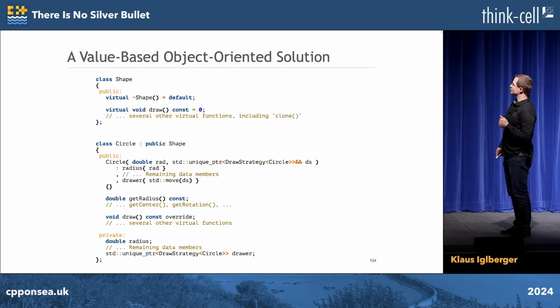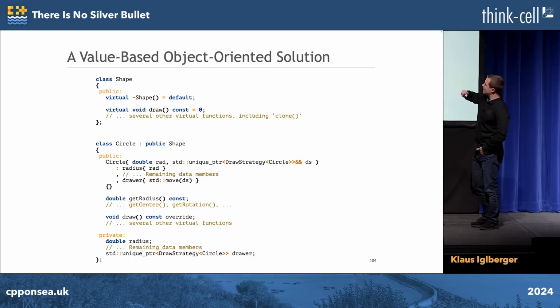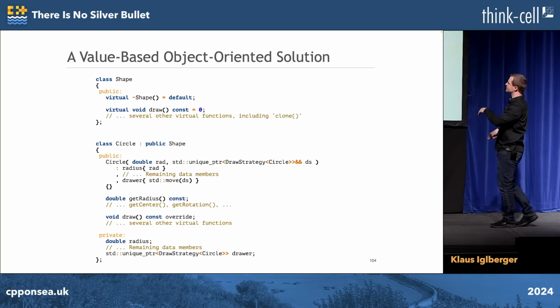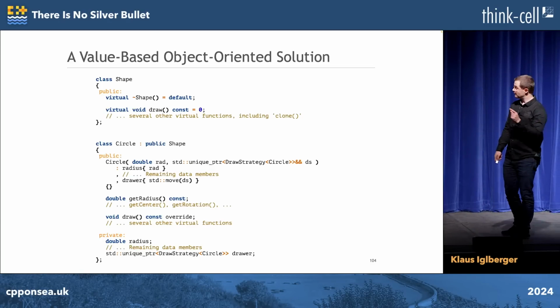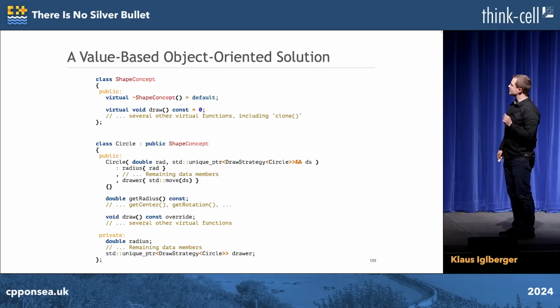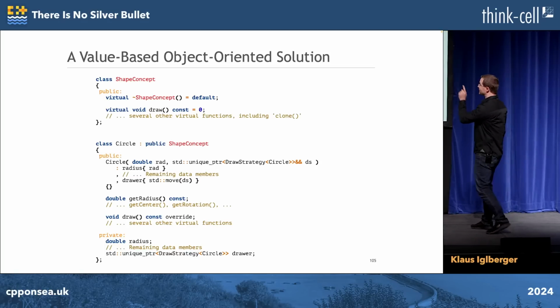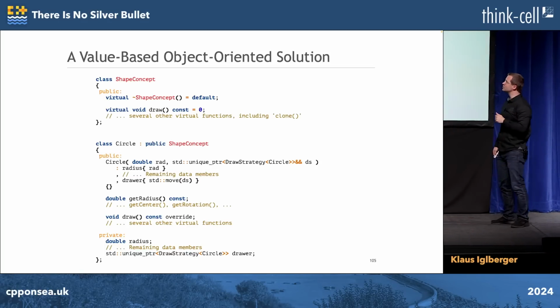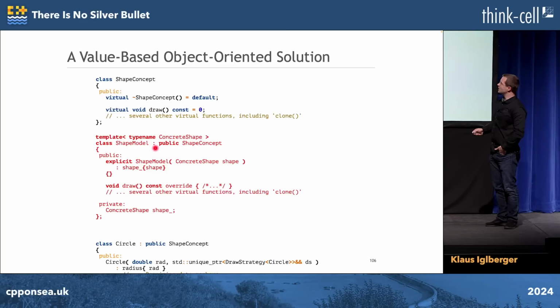A value-based object-oriented solution. So I'm now starting to go back to the first thing that you've seen, this shape-based class and this deriving circle class. And again, the details, just glance over this is enough. Now the first thing I do, doesn't really look like a valuable thing, but I'm now renaming shape to shape concept. Okay, just a minor change, nothing big, nothing to worry about. But then I am introducing another derived class. In between these two, I am introducing a shape model. Shape model derives from shape concept, but it also has a couple of other really important properties.